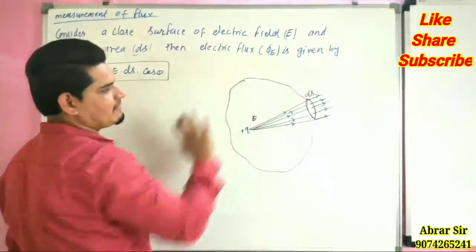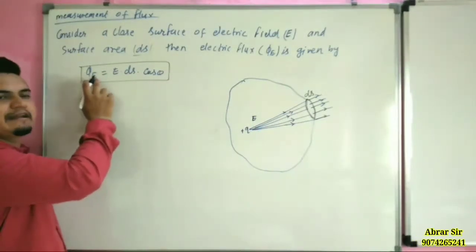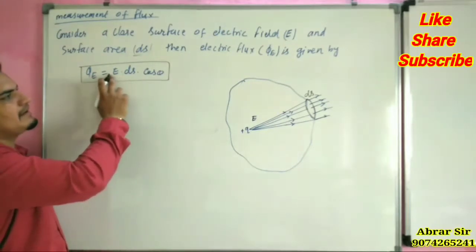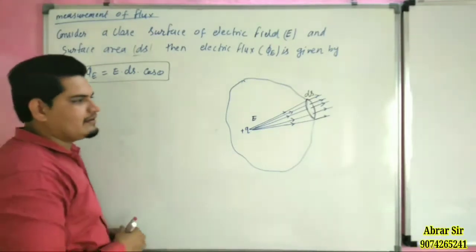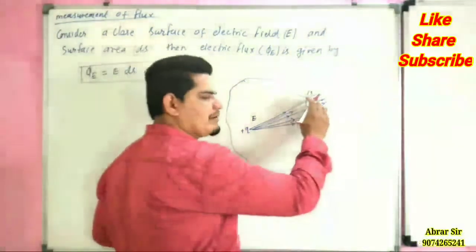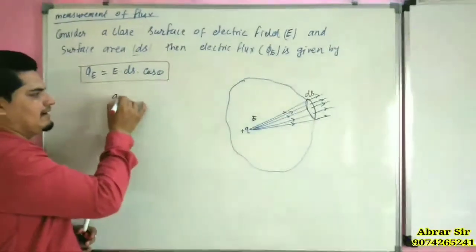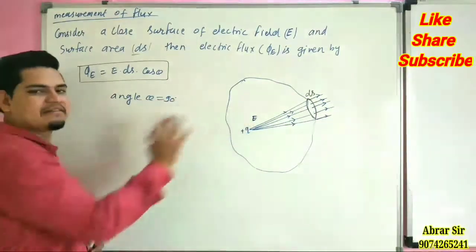Electric flux is denoted by phi E. It is given by E ds cos theta. And according to the definition, these lines will pass normal to the surface. If they are passing normal to the surface, then the angle theta is equal to 90 degrees, because they are passing normal